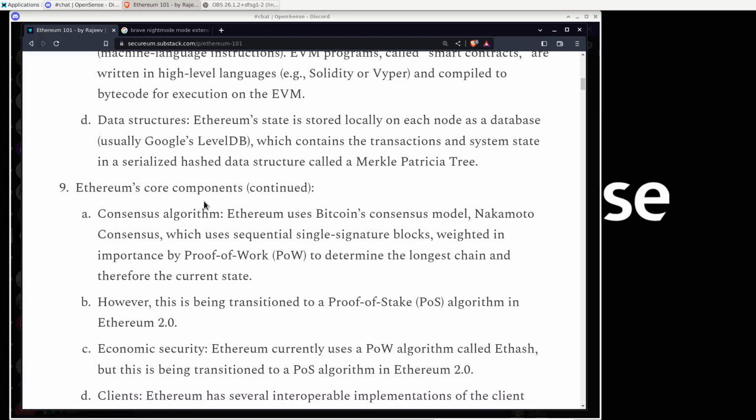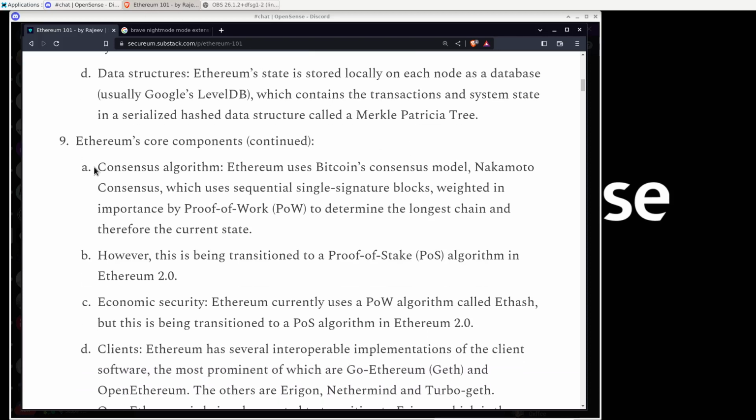Data structures. Ethereum state is stored locally on each node's database, usually Google LevelDB. So this is important to understand that Ethereum has a database internally, and in this case, he's talking about Google LevelDB, but could be anything really, which contains the transactions and system state in a serialized hash data structure called Merkle-Patricia tree. Okay,